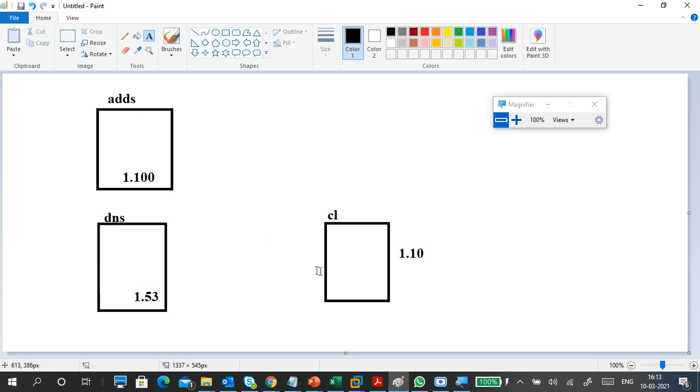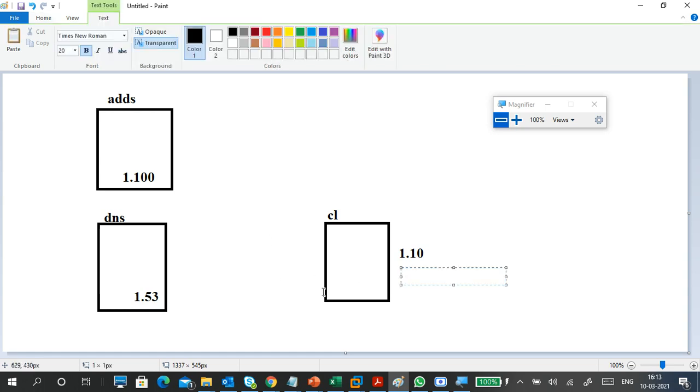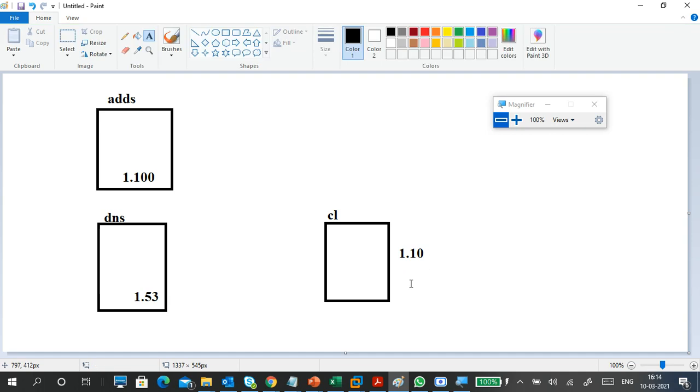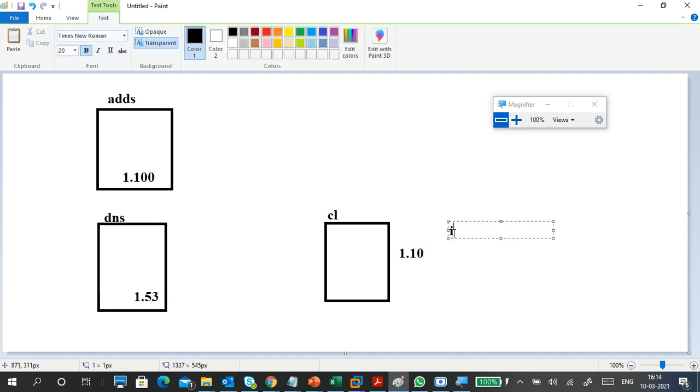The question is, I want to assign here an IP address, subnet mask, default gateway, and preferred DNS. So I should give my DNS address, the DNS server address.